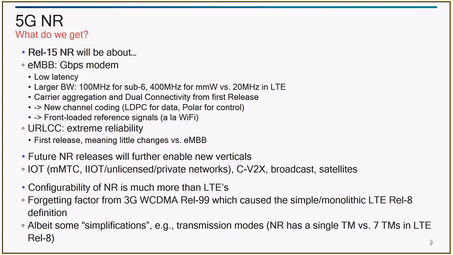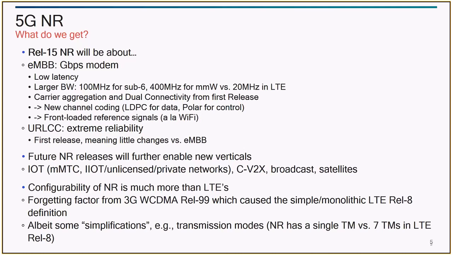You will come to this LDPC, Polar, etc. in the physical layer session which you do in the next week. Apart from that, it also targets low latency and extreme reliability. The lower layer and RAN 2, or essentially the protocol stack, is already scaled, taking into account various applications like machine type communication, unlicensed, C-V2X, broadcast, satellites, etc. Most of these features form part of release 16 of the specification. Release 15 just targets mobile broadband, and as an extension maybe smartphones.